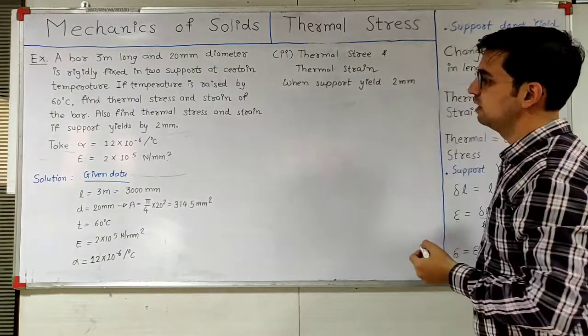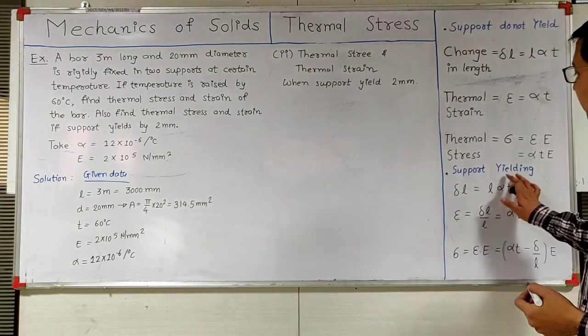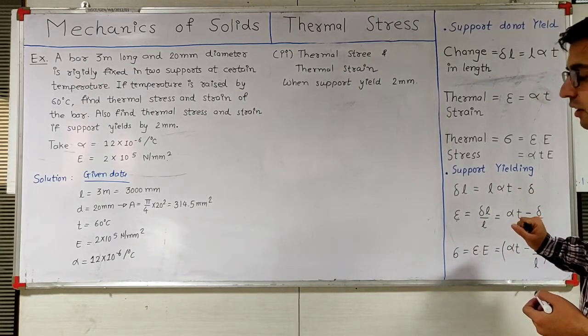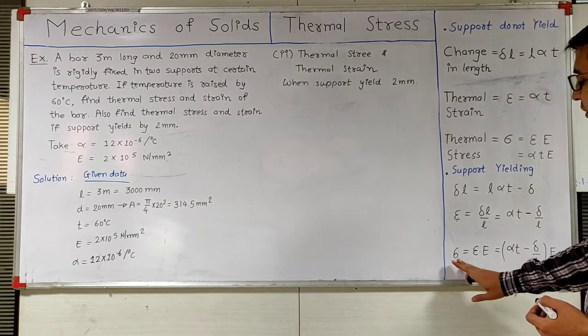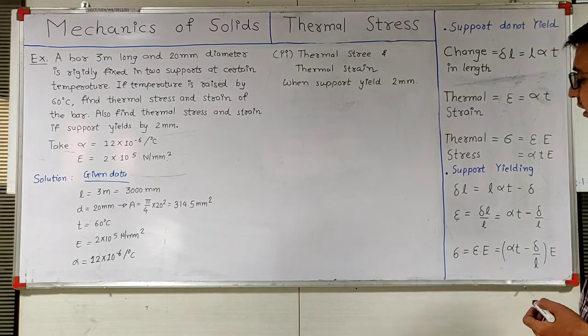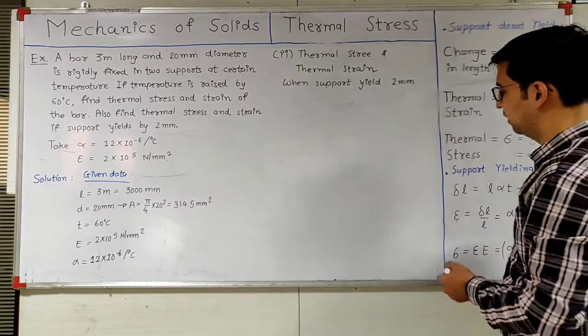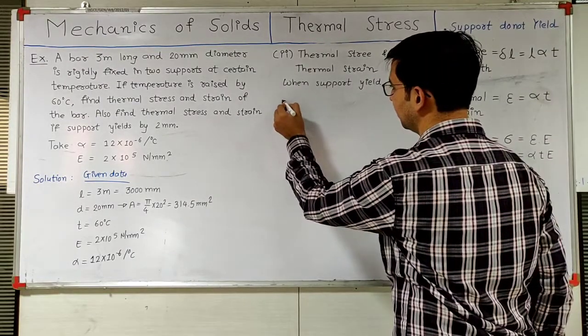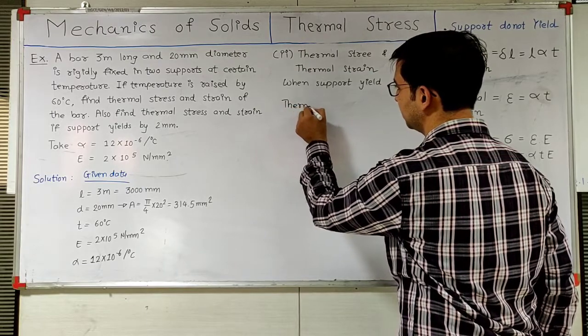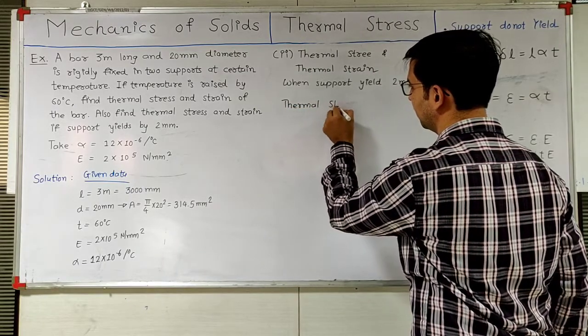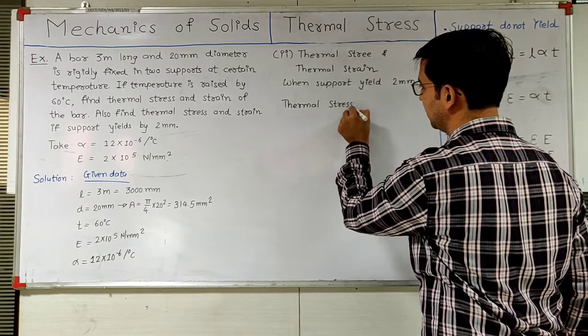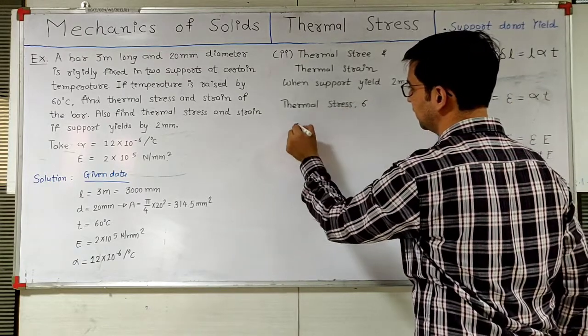So it is about condition 2 here, when support is yielding. So we need calculation of thermal stress and thermal strain. So equation of thermal stress when support is yielding is